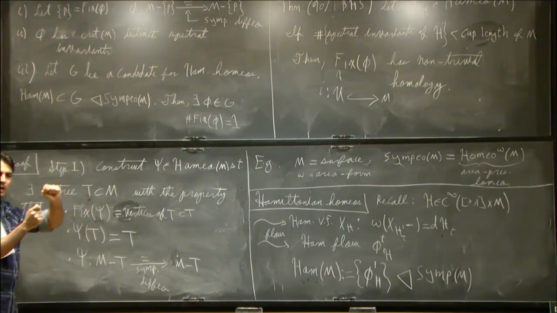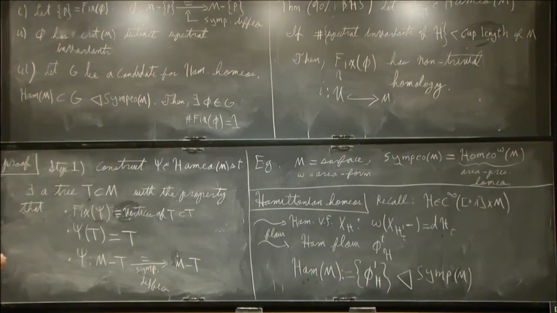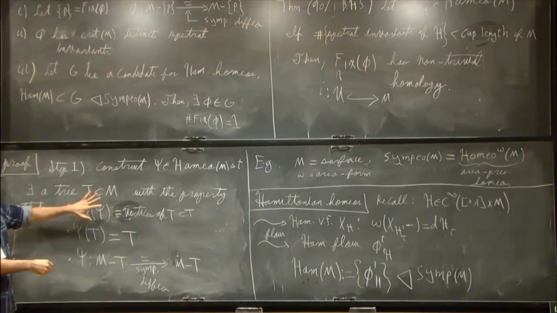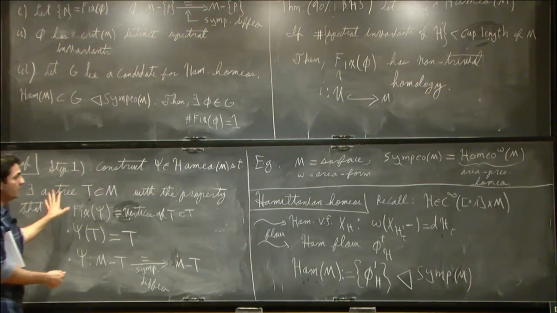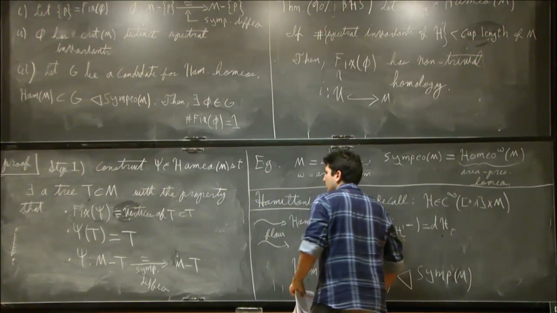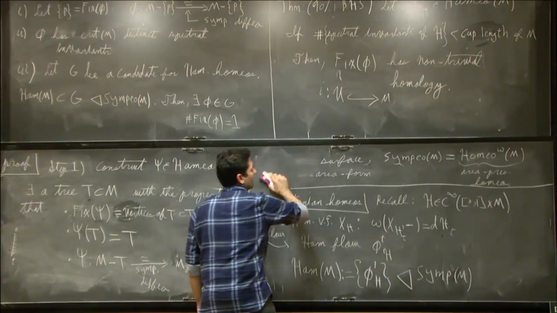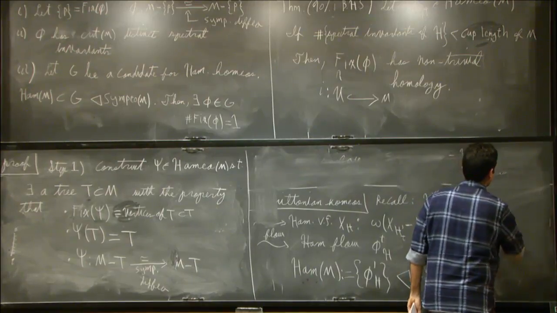And to see why the tree could not exist for a smooth guy, suppose here's an edge of the tree and you got two fixed points. So the edge of the tree is invariant, which means that the action of the two fixed points should be the same. So if it was a diffeomorphism, all the fixed points of the diffeomorphism would have the same action, which is not possible because you have at least two distinct spectral invariants. Okay, so this is where you need both four-dimensionality and you need to go outside the smooth category.